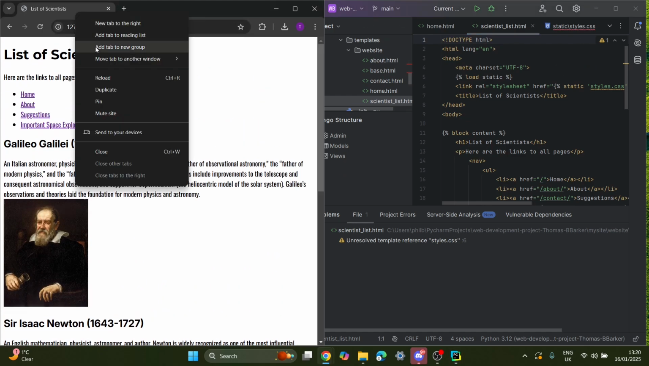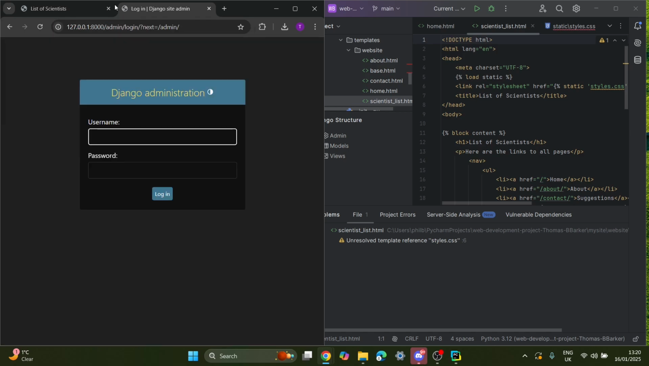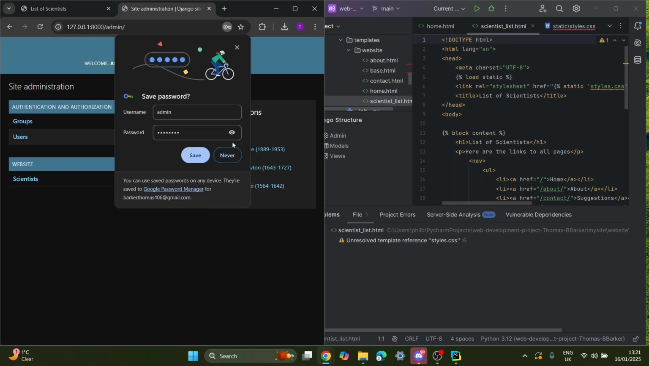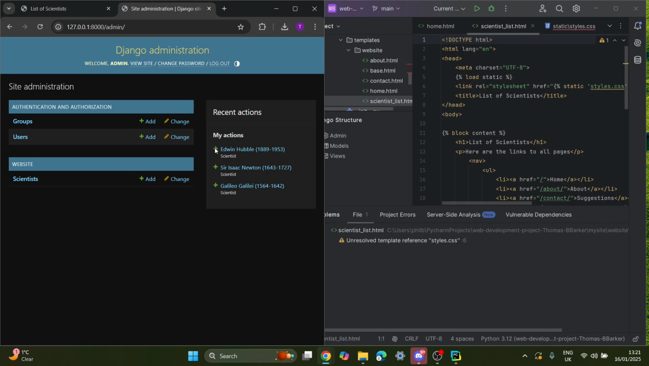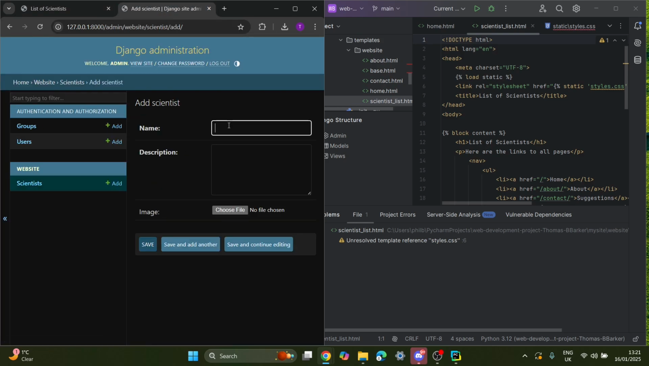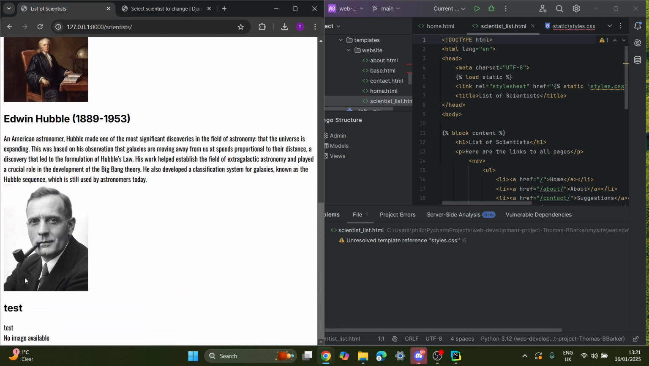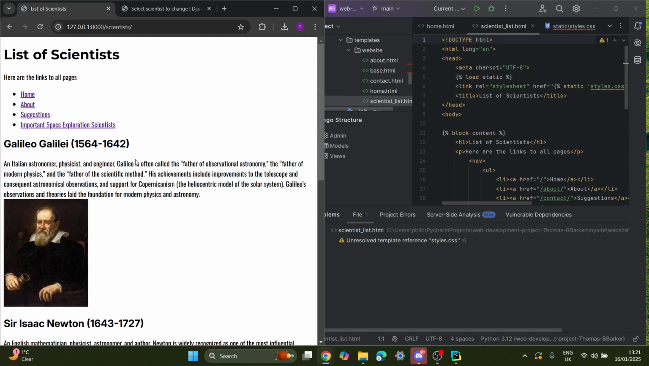So if we duplicate this real quick and we go onto the admin panel, we can here add and change some stuff. So I've got the 3 here already: Edwin Hubble, Sir Isaac Newton, Galileo, which is what we've got in here. I'll show you if I add in a little test sort of thing. I'll show you that it is actually coming from here. So if I refresh this now, there's a little test down here. So you can add and remove through the admin panel from the database. And yeah,